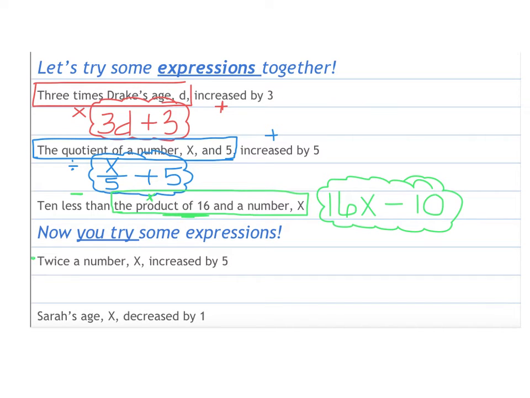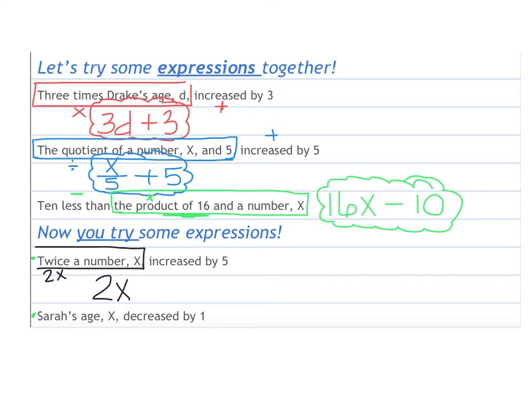You pause the video and try these two, and then come back and check your work. So we have twice a number x increased by 5. So twice a number, twice meaning 2, and that means 2 times. So it'd be 2 times x. Again, I'm just going to write 2x,